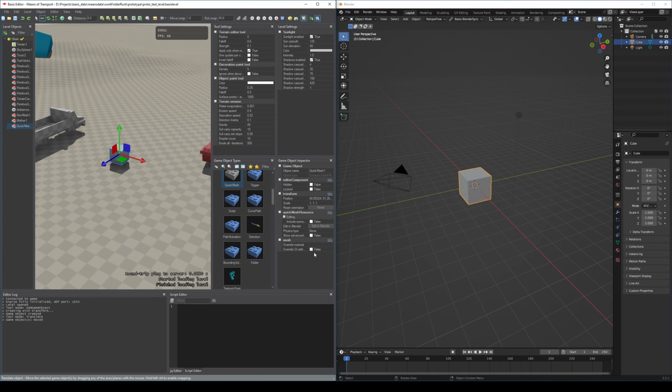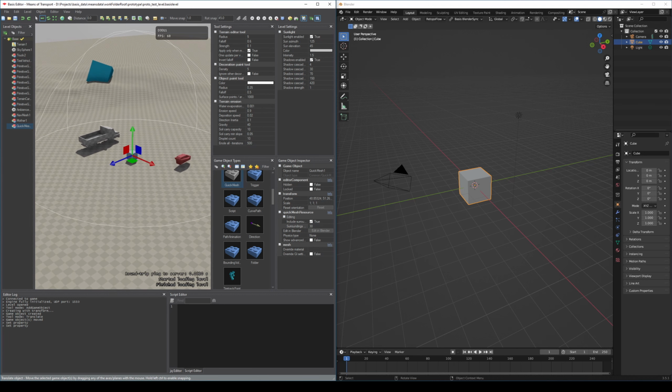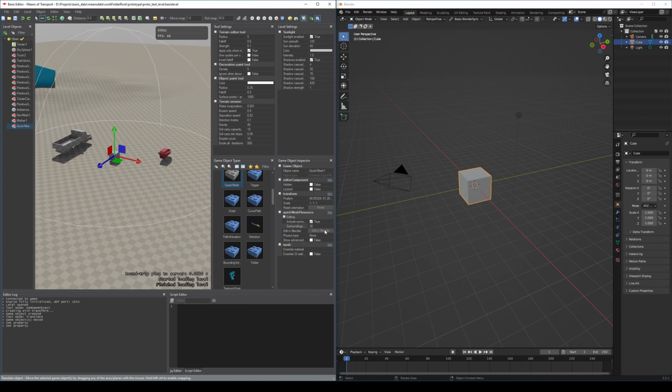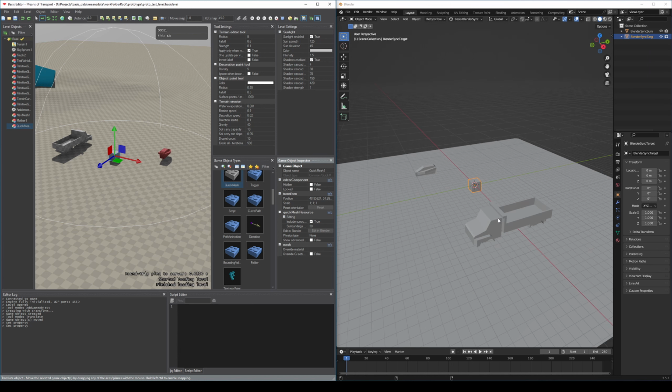We can include the surroundings, for example, make it like 30, and then we just click Edit in Blender, and we get this